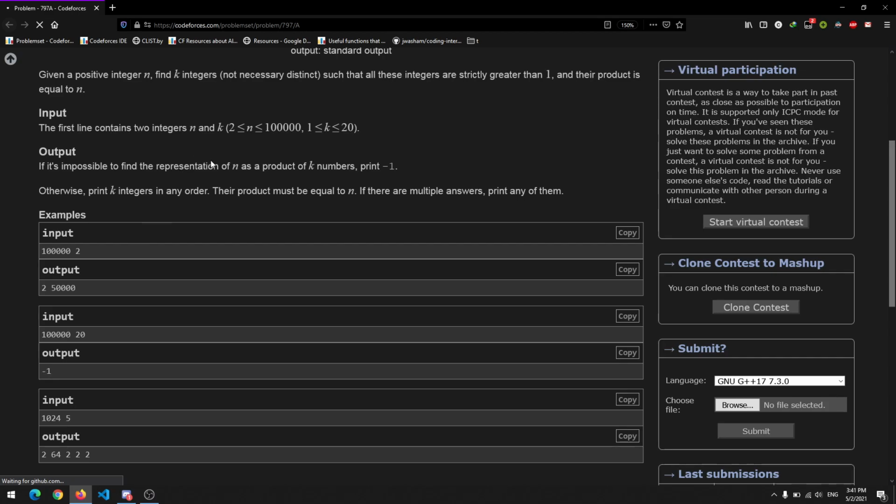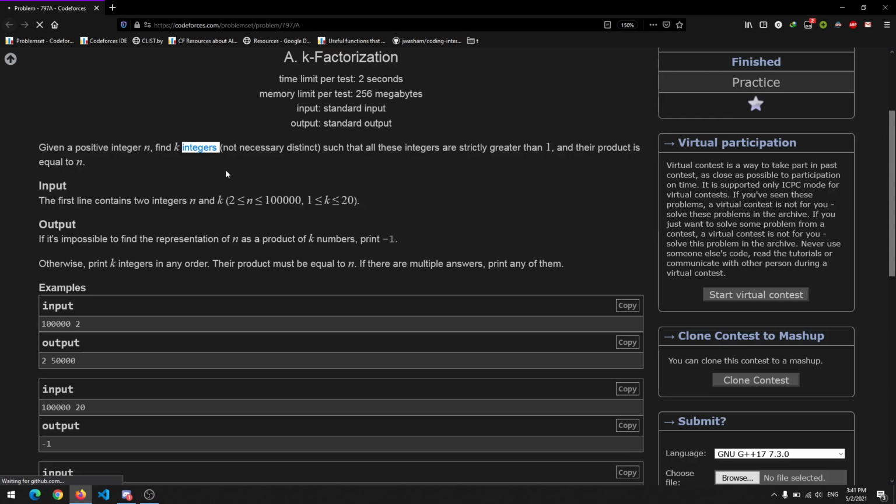What I found is we store all the factors of the number in an array, and then we print the first k minus 1 factors in its prime factorization.